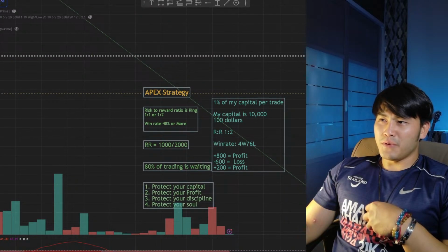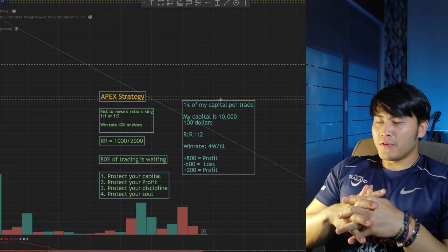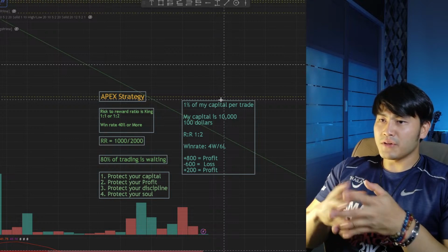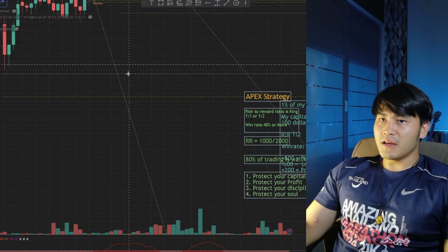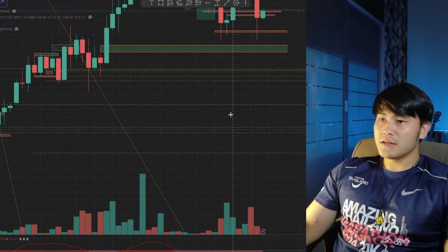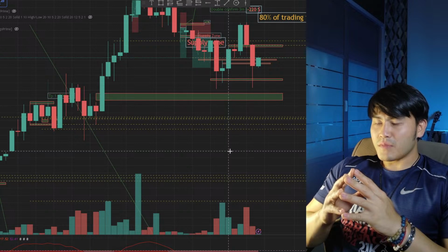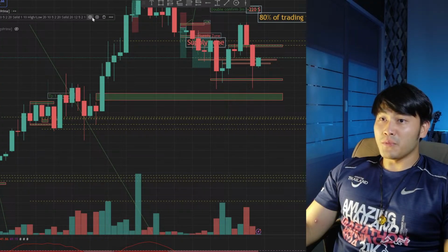Yeah, but I'm not using EMA right now because here's the thing about trading. If you use all the trading tools in the world and mesh them all up, then it's going to be hard for you to determine how you're going to get your position in and backtest it, because with so many indicators, you would have to have a lot of time to figure out the best combination in what trend. And when the trend changes, the indicators also change, and that requires a lot of time. So I decided to just use the smart money concept that I've learned with my community,